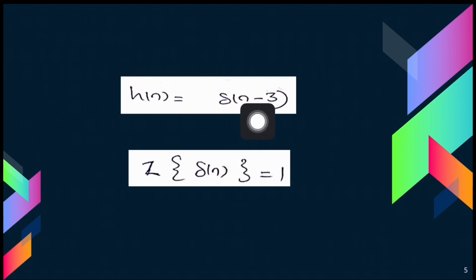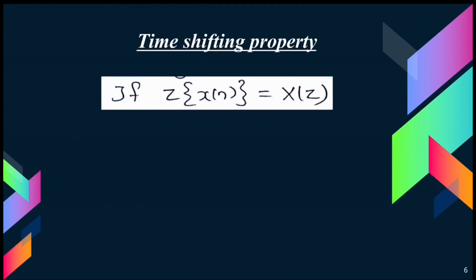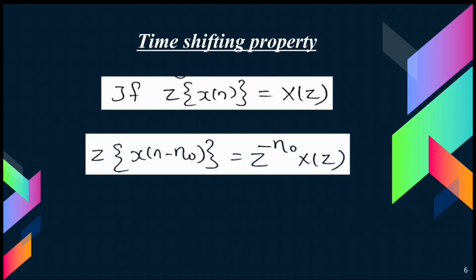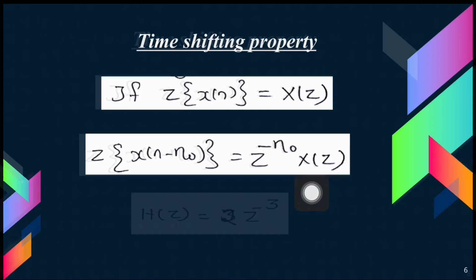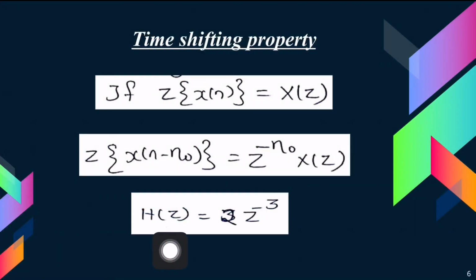Any guess? Alright. In fact, we are going to use the time shifting property of Z transform to find H of z. According to the time shifting property, if the Z transform of x of n is X of z, then that of x of n minus n0 is z raised to minus n0 into X of z. Got it? Using this, we can write H of z as 2 into z raised to minus 3. Next, we are going to